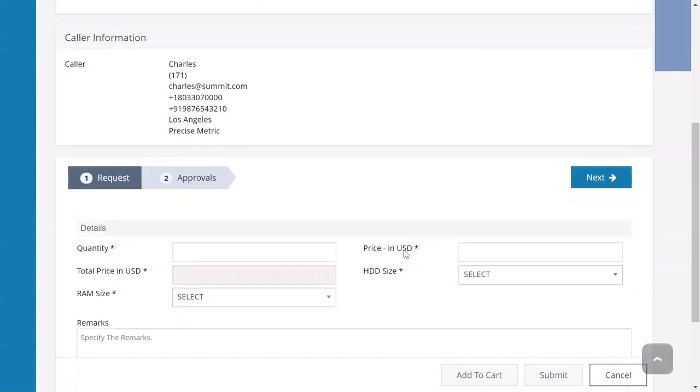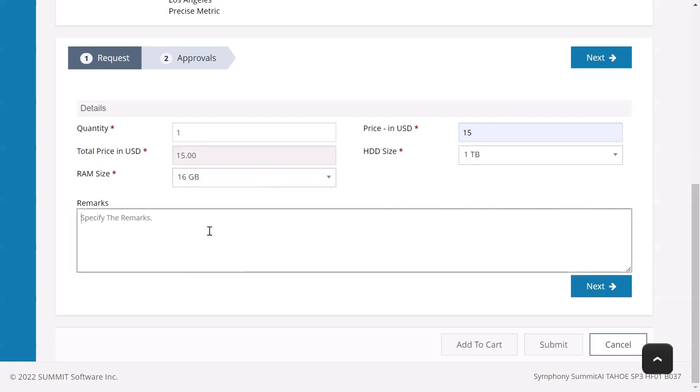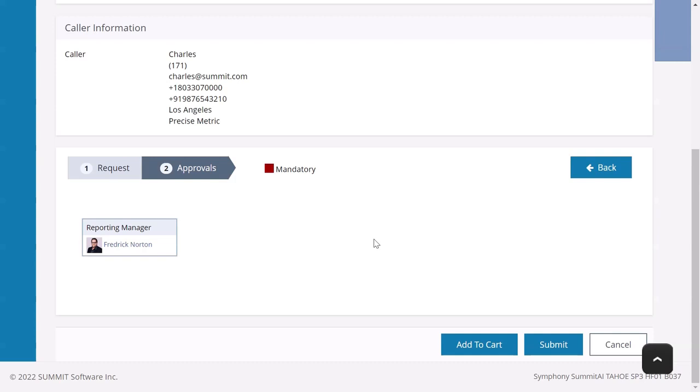As we are aware, the features with asterisk sign are the mandatory ones to be filled to submit requests. Let us now fill in the details from Request section and then proceed to the Approval section. Once the relevant data is filled on the Request section of the screen, click Next to navigate to the Approval section from the screen. Please note that the approvals associated with a service request can either be single or multiple